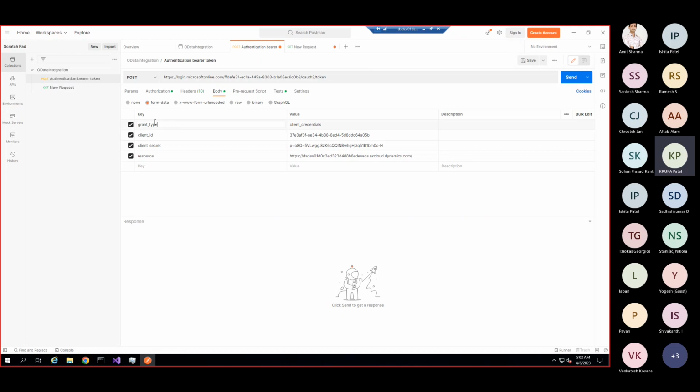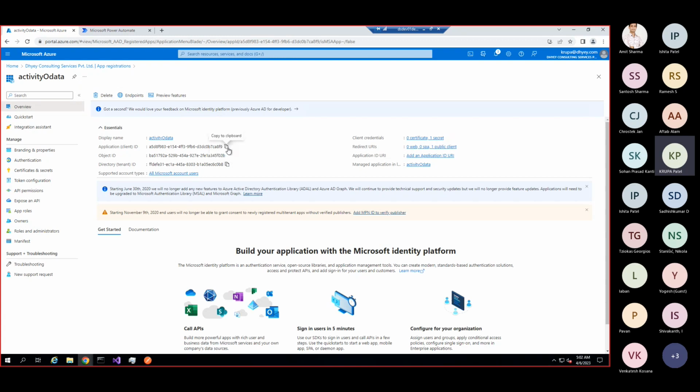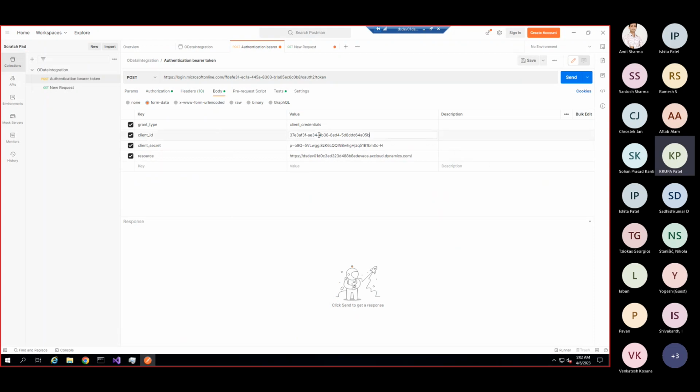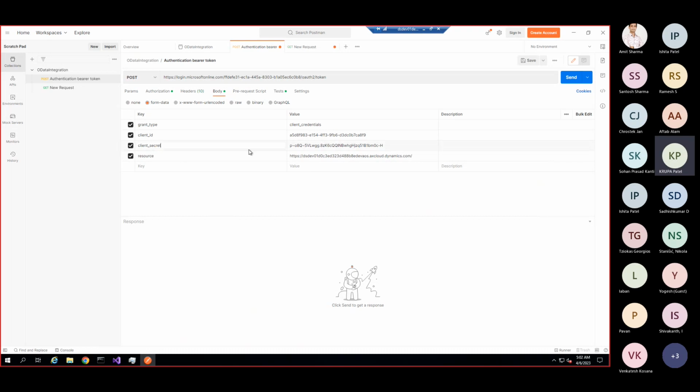And in the body, we need to pass the grant type with the value client credentials, then we need to pass the client ID that we have generated through Azure. We just copy that ID and pass it here. Then we need to pass the client secret.